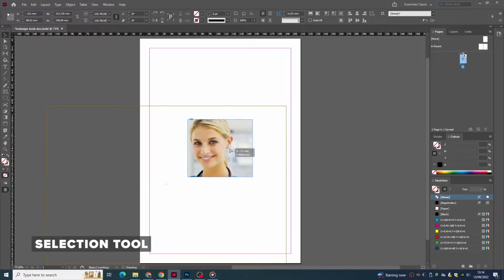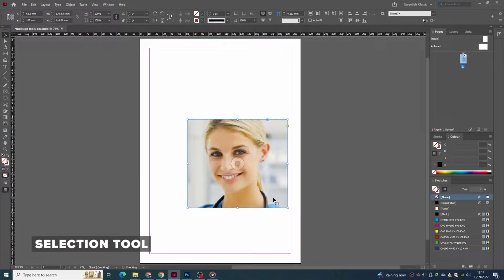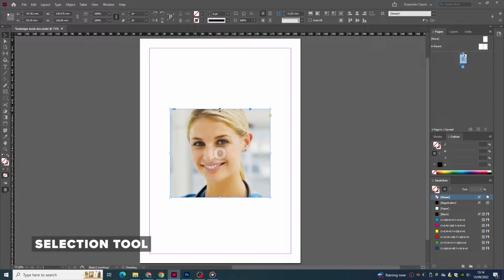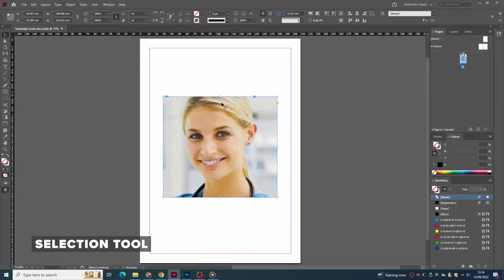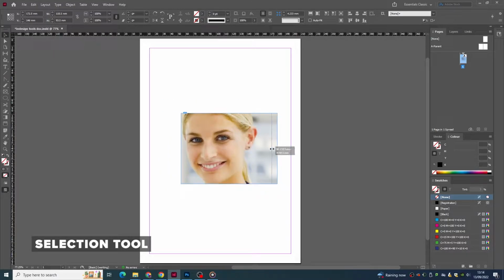If you were to hold Ctrl and Shift whilst dragging one of the anchor points, you'll also be able to resize the frame proportionally alongside the image within it as well. Without holding Ctrl and Shift, you can see that the frame moves, but the image doesn't. Be aware of this when you're moving your own content around the page, because sometimes it can cut off portions